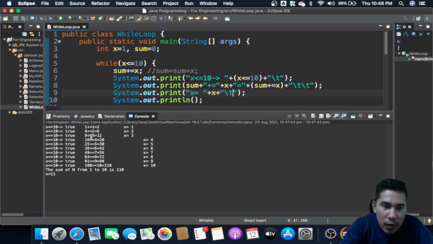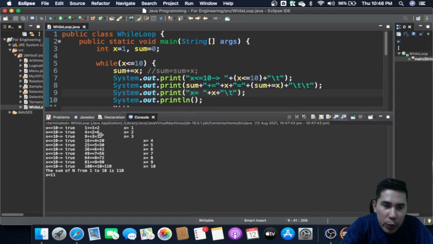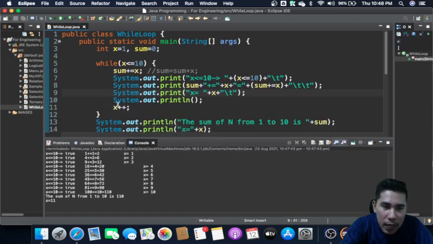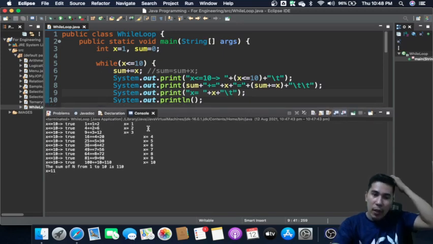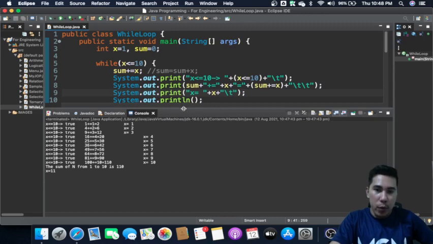The false is not actually included because it's not part of the loop anymore, unless we put it out of the while loop. So that's actually what happens inside of our program.